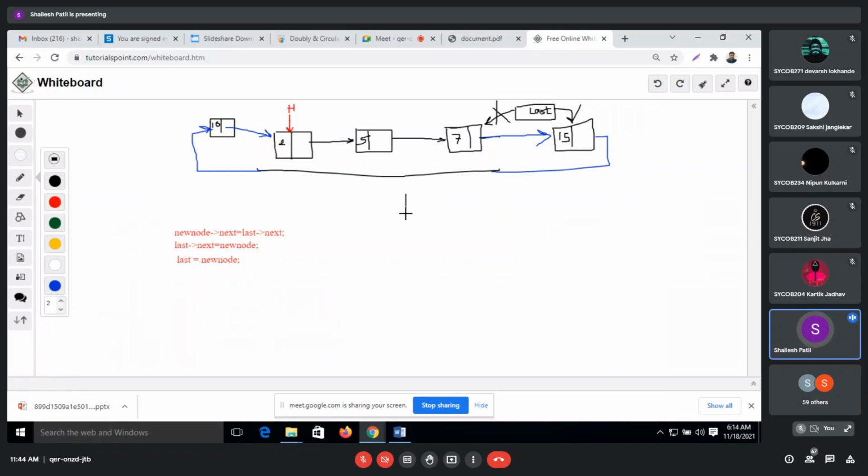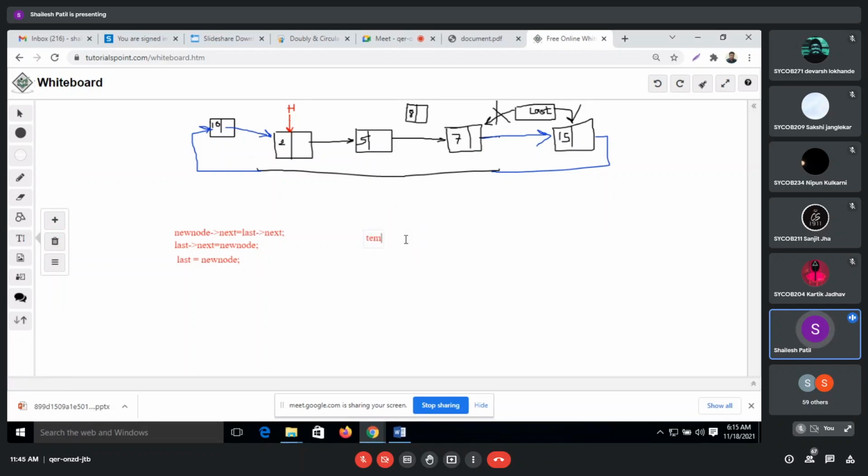Okay, so there is one new node over here. Like this, or we can make it over here. I have to insert after 5. This is one node with 8 as its value, and I have to insert it after 5, or I can say at the third or fourth position. So how can we do it?